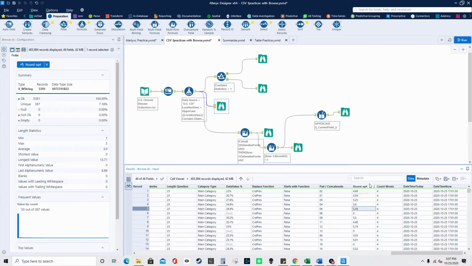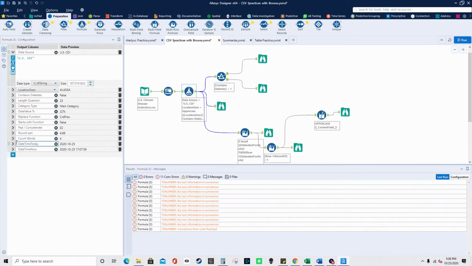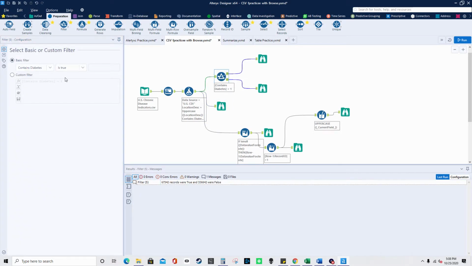So here's those values, and then here is the count of words. You can count the words in the question, and then date time today. It just returns the date time for today, and then date time now returns the date time when you run the workflow. So here is another filter, and I did contains diabetes is true,